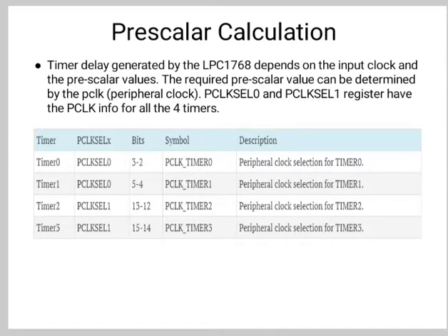Now there is some calculation related to the prescale register value. The delay, or the time required for 1 clock cycle at x megahertz, is equal to 1 divided by x into 1000000 seconds. Hence in this case, when PR is 0, that is, timer counter or TC increments at every PCLK, the delay required for TC to increment by 1 is equal to (0 plus 1) divided by (60 into